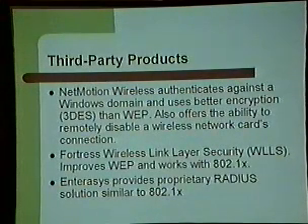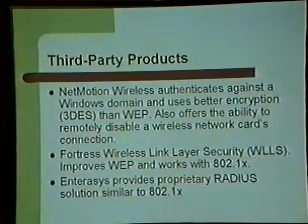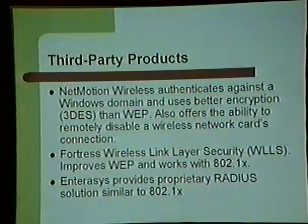In the meantime, while you're waiting for 802.1x, besides some of the custom solutions and SLAN, there are some third-party proprietary products that do exist that will give you the same types of technology that 802.1x will provide. NetMotion Wireless has one that allows you to authenticate directly to a Windows domain, with better encryption than WEP. One of its nice features is it allows you to remotely disable a wireless network card. So if you see somebody doing something fishy, you can disable their access.